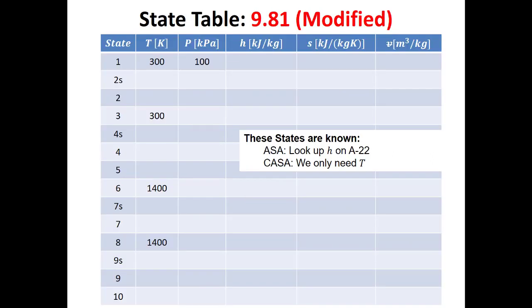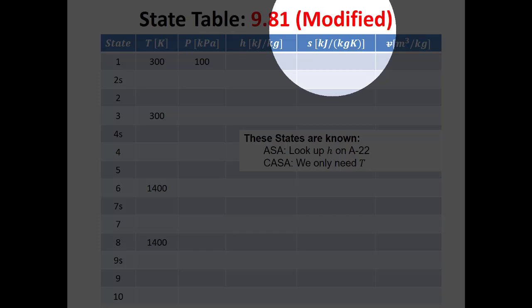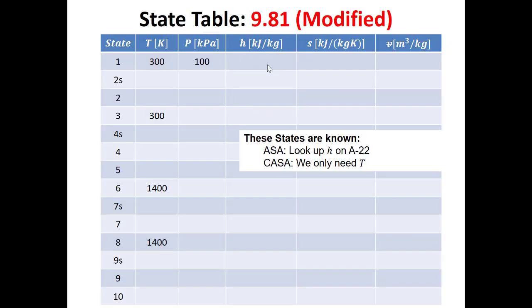So what do I do? The first thing that I look for when I'm doing an ideal gas problem like this is temperatures. Any place that I know the temperature, I can automatically go and look it up on table A22 and find h. The other thing that I didn't write down on my state table here, because this is an ideal gas problem,